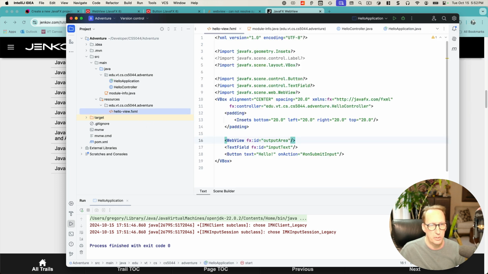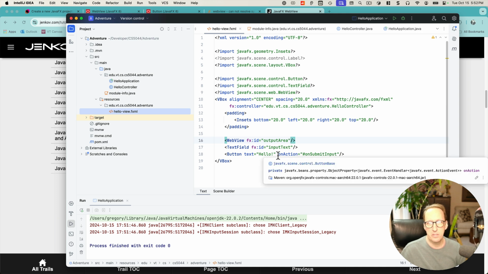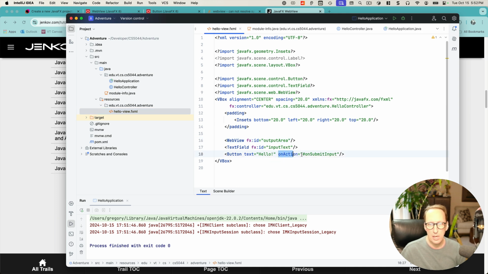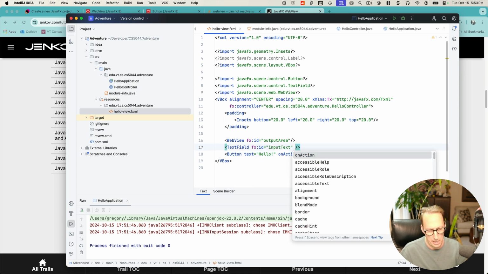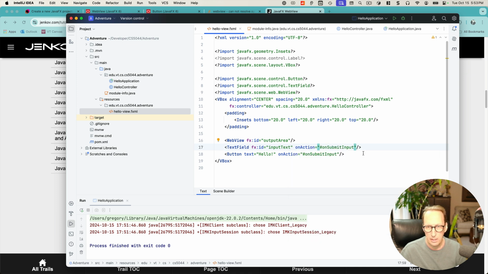And all I need to do there is mess with the XML. Basically, hitting return is the default action for input text, for a text field. So I'm going to copy this verbatim, the default action for the button. All right. And I'm going to put it right here in the input text tag, or the text field tag. Okay. The same exact method, because I want hitting return on the input text and hitting the button to do